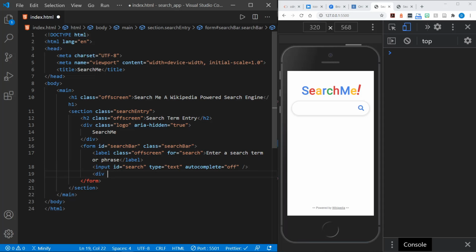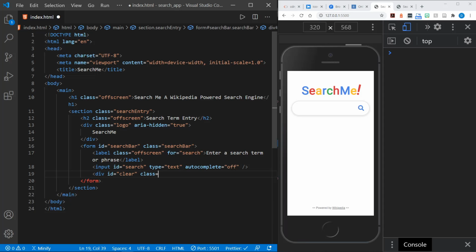And this div is going to be, let me show you an example. I'll say, hey, here, this X appears, and without text, it does not appear. We want this to essentially be a button, but we don't want it to take the place of the submit button. The actual button element closest to our text input is what will be triggered if we press enter in the text input. And we don't want it to be the clear. We want it to actually submit a search if we press enter. So we're going to make this button out of a div, so the other button that submits the search gets the default behavior. This div will have an ID equal to clear,